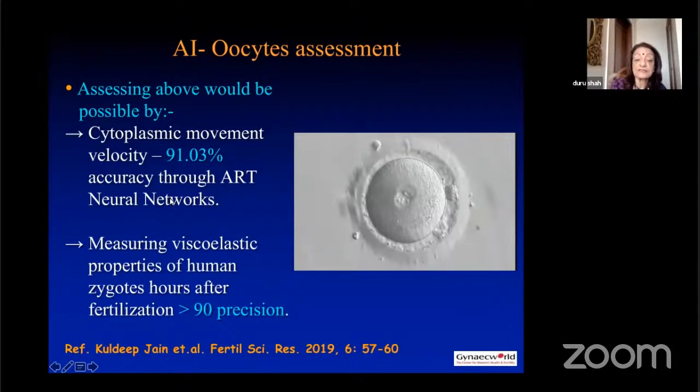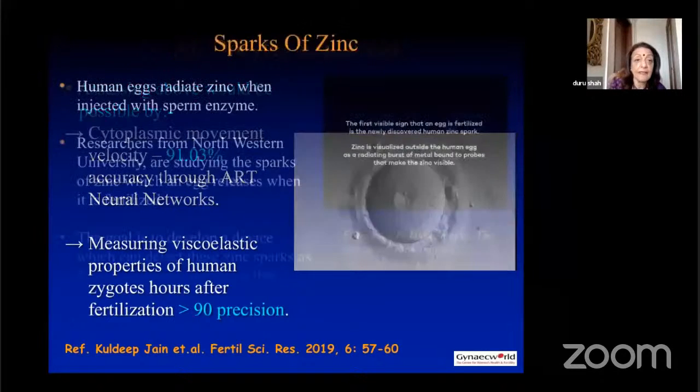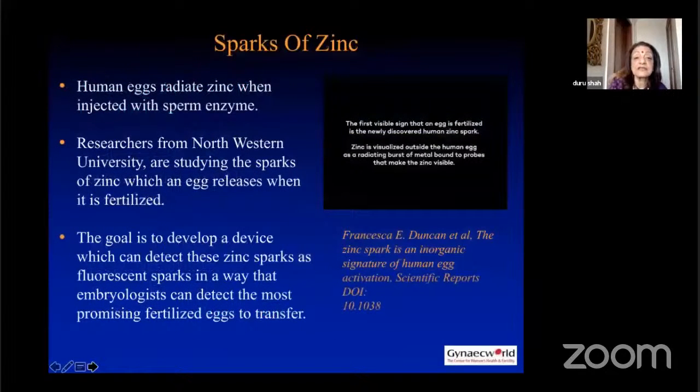This is also a kind of artificial intelligence, which is more like a 3D visualization of the egg, and it is called deep learning. We can also measure the viscoelastic properties of the human zygotes hours after fertilization, and this is with more than 90% precision. Human eggs are supposed to radiate zinc when they are injected with sperm enzyme,